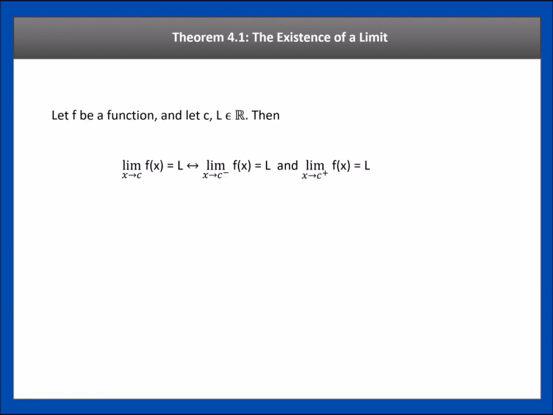All right, so this is actually Theorem 4.1, the existence of a limit. Let f be a function and let c and L be elements of the set of real numbers. Then the limit of f of x as x approaches c is equal to L if and only if, right? So this is if and only if